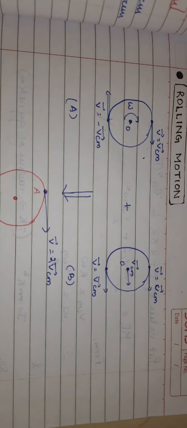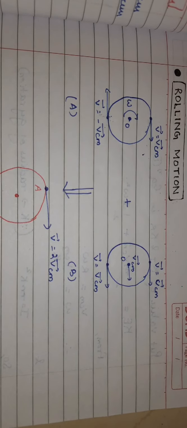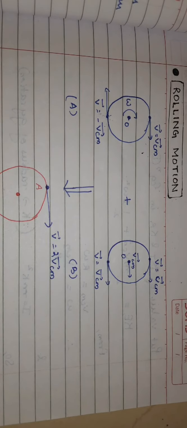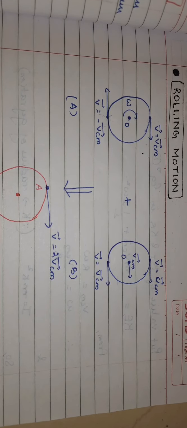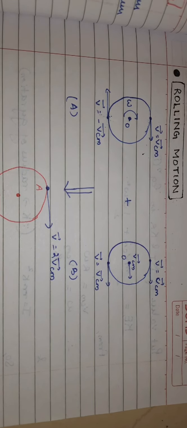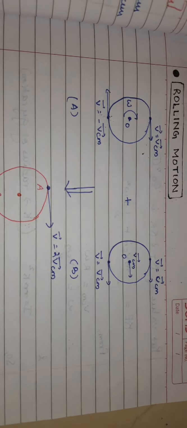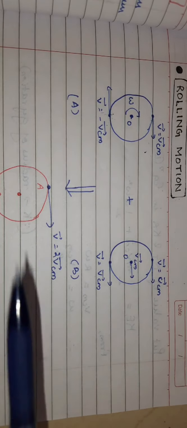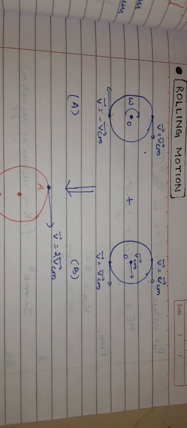Video for class 11th, and the topic which we are dealing with today is rolling motion, and the chapter it belongs to is the rotational motion chapter. In this video we will study in detail the kinetic energy of the particles which are moving in a rolling motion. Before directly jumping to the topic, let us talk about what rolling motion is all about, and how the particles doing a rolling motion move along with the object.